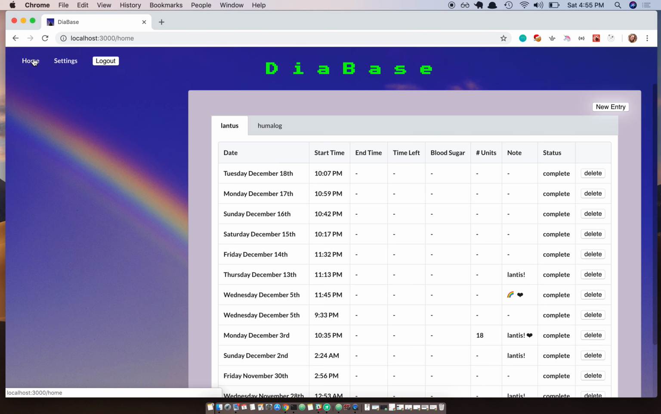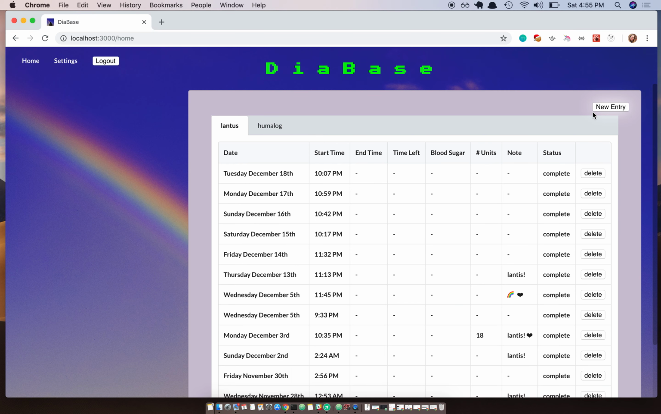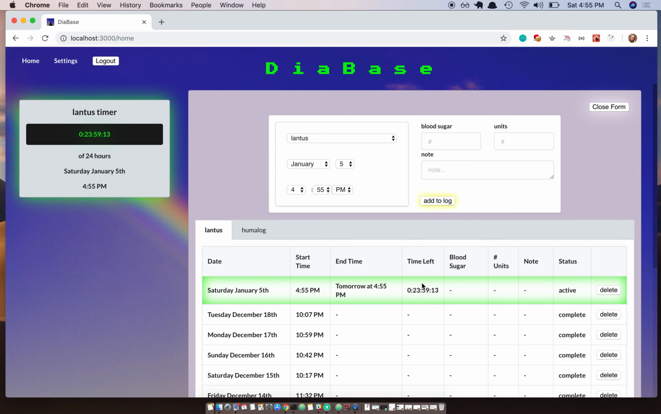When you go to your home page, you see your individual logs for each of your insulins. And you can add entries to these logs by clicking a new entry form, which reveals a form with default information with the current date and time using the JavaScript date object using a Unix timestamp. You can change that date, you can change the type of insulin, you can add the blood sugar, number of units you administered, a note indicating why, or you can just add to log,